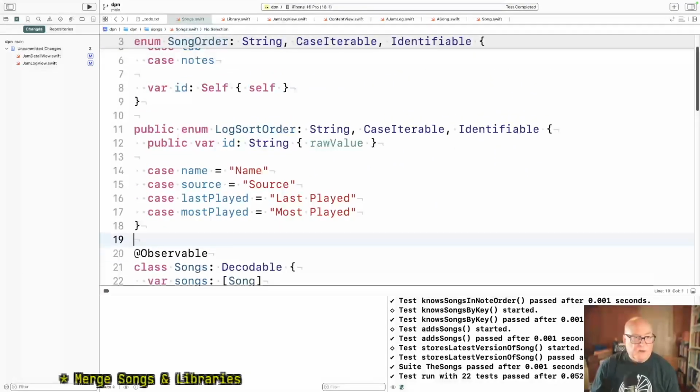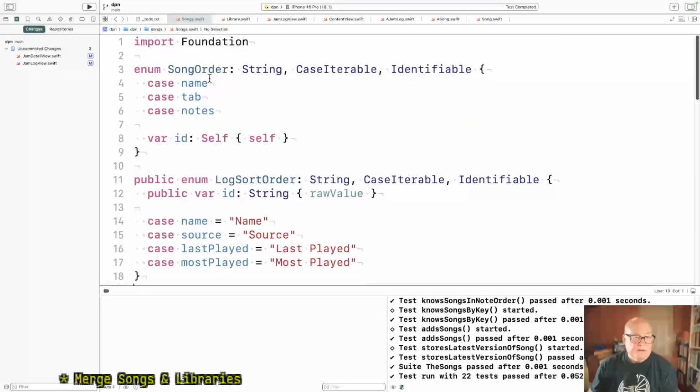Okay, so my goal is to move them together. String, case iterable, identifiable. ID, self. Okay, that's okay. Let's do this. Okay, that should still be okay.